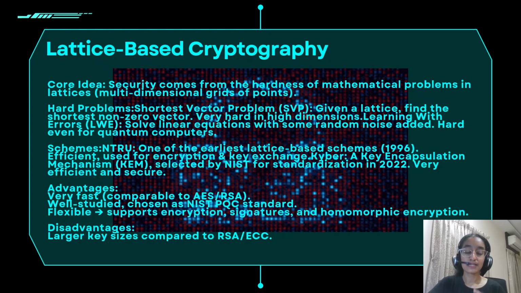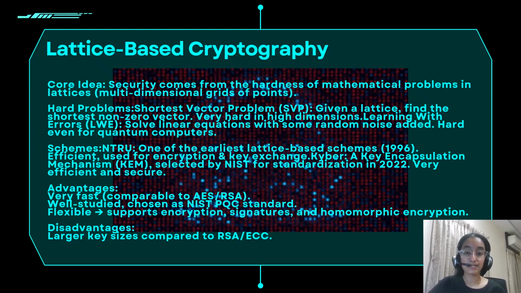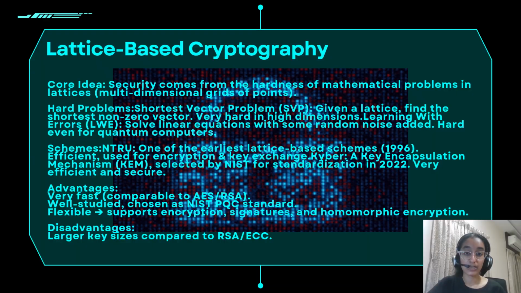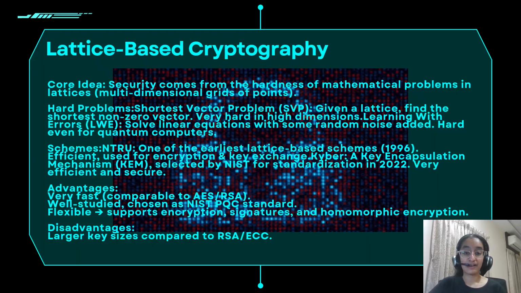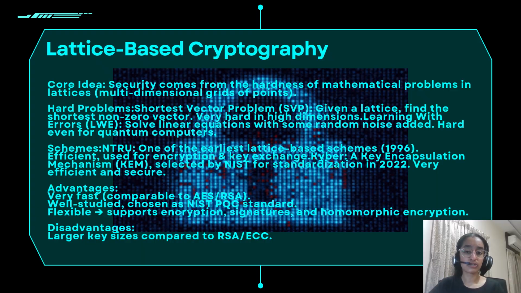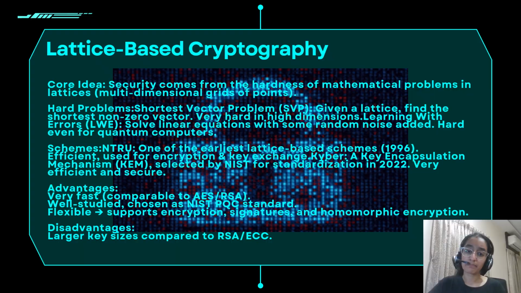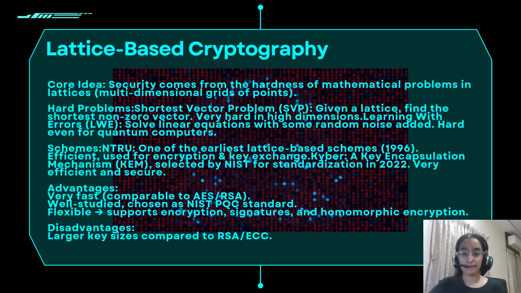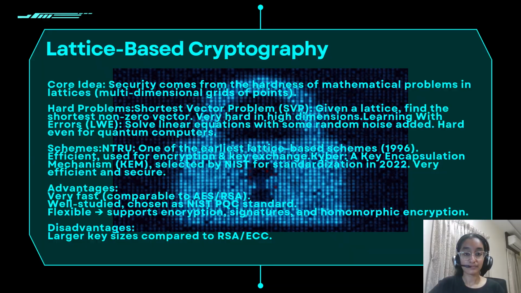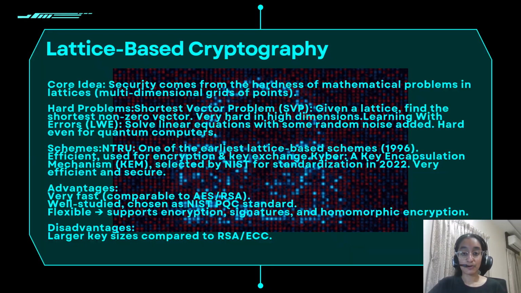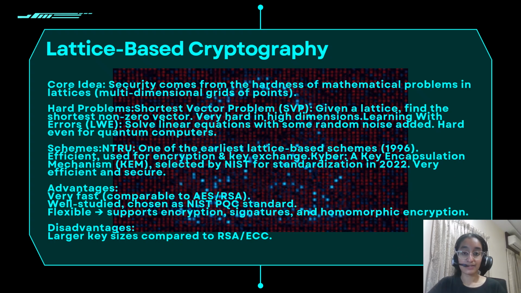So now let's see types of PQC algorithms. The first algorithm is lattice based cryptography. Imagine a giant forest with millions of trees, and now you're told to find the shortest tree in this entire forest. In a small forest, you could do it, but in a forest with 500 dimensions, it's impossible to even see where to start. That's what makes lattice problems hard, and why hackers, even with quantum computers, can't solve them